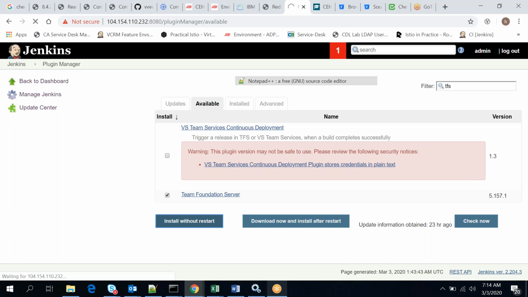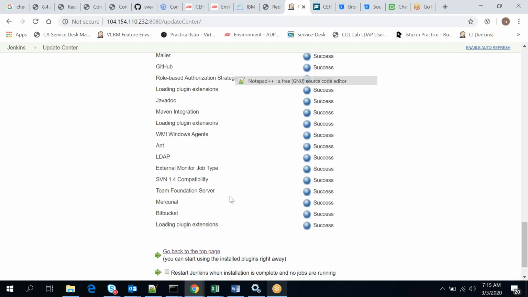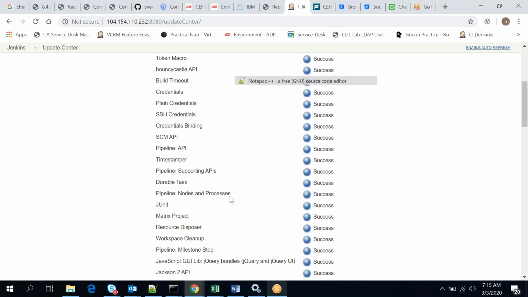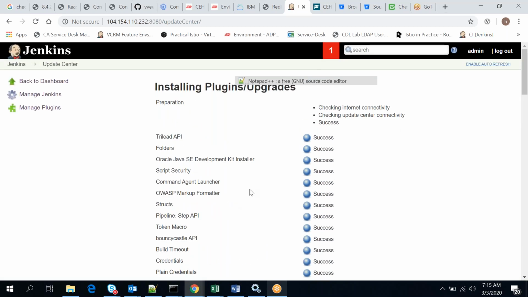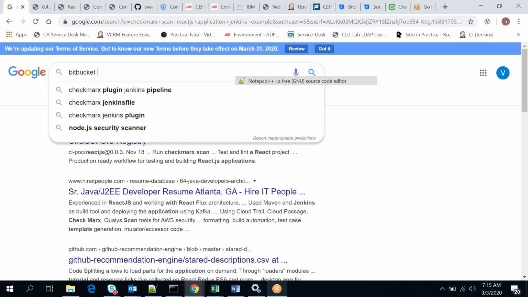So in Jenkins, everything is managed via plugins, right? So any additional things you want to get done, you have to go to the plugins, but you need to be aware of what plugins you want to install. So the option is you go to the available tab and start typing the name. If you're not sure, you can just Google it and say, okay, I want the Bitbucket plugin